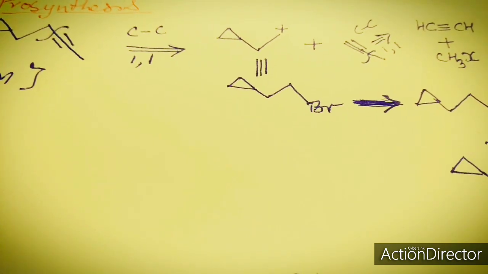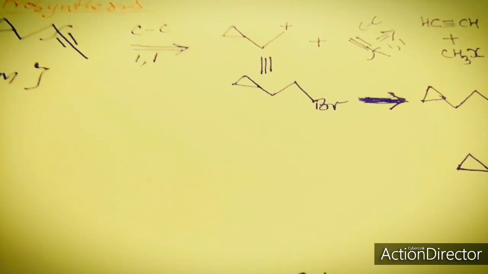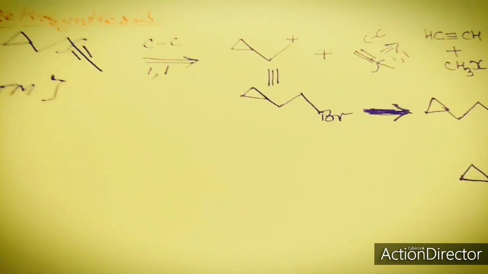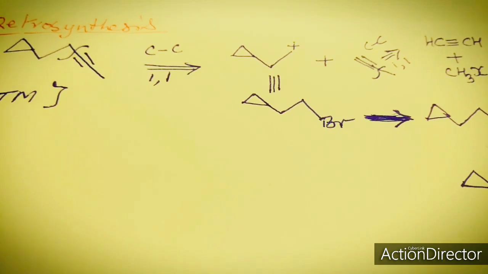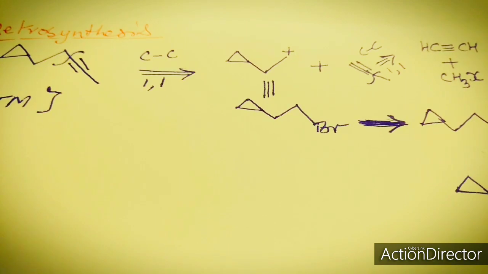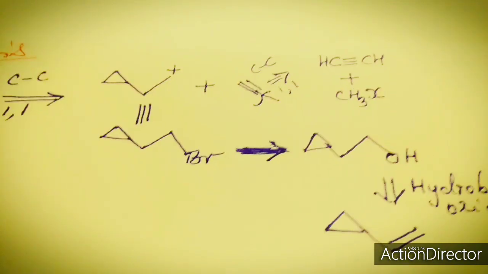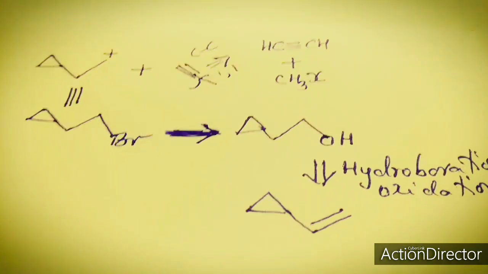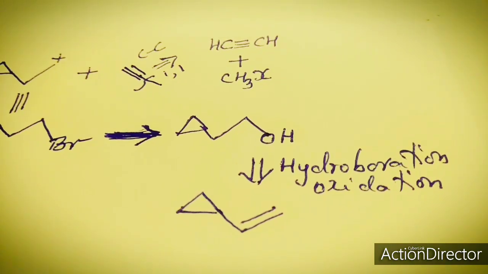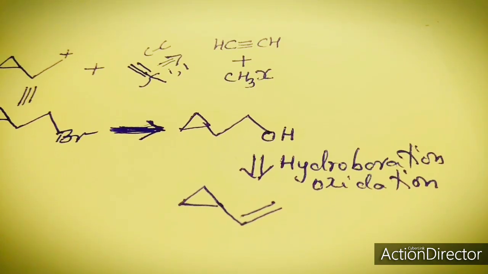So this was an example of this type of a target molecule using our concepts of the use of acetylene, carbon-carbon 1,1 disconnection, that is disconnecting it where the functional group is attached. This time the functional group is this acetylene group. So we disconnect it at the acetylene level, get a positive charge at the other end and a negative charge on this acetylene, and as a result we will get these two, CH3X. The propyne that we have got can be further disconnected, simplified, so that we get acetylene and CH3X.